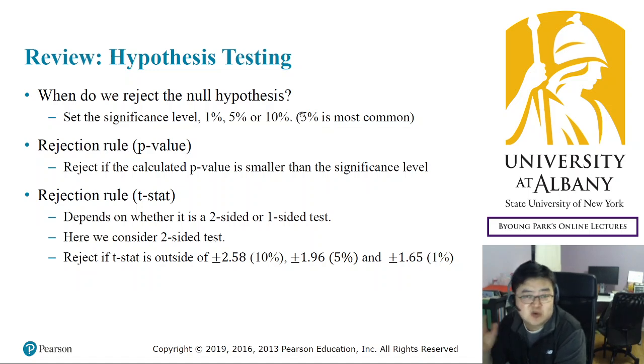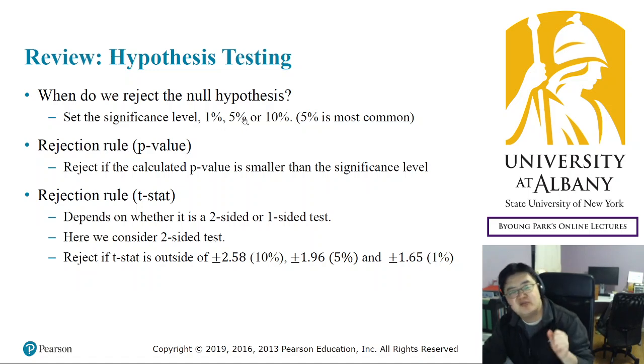In this course, if I don't say anything, it is always 5%. Maybe we are only considering 5% in this course, but when needed, you may change it to 10 or 1%. When you have 5%, that means if the likelihood of the large error is lower than 5%, then I am going to reject